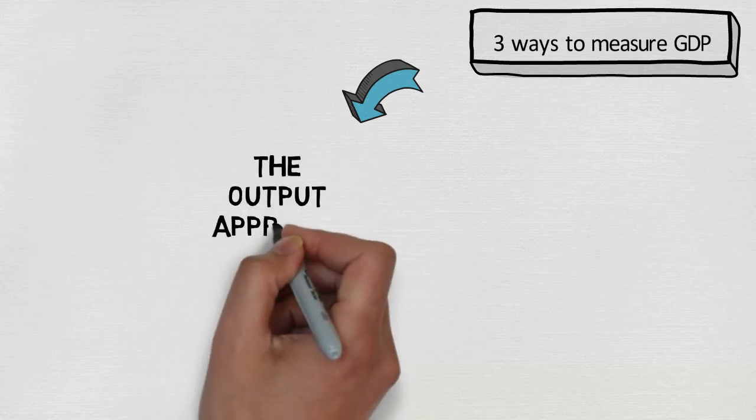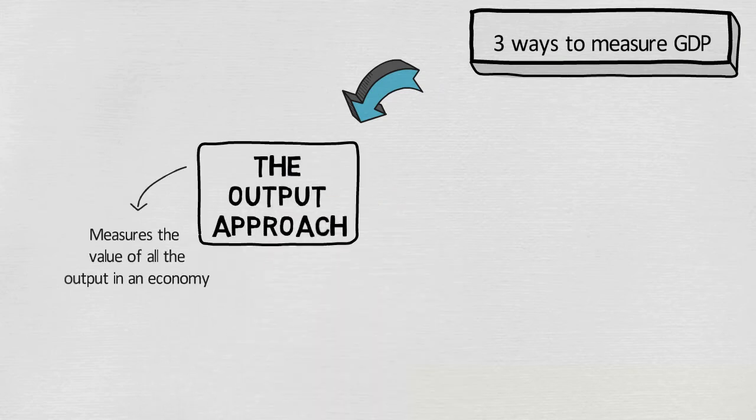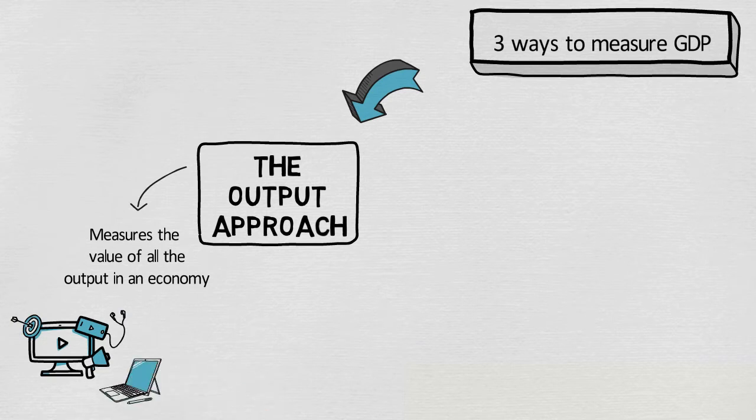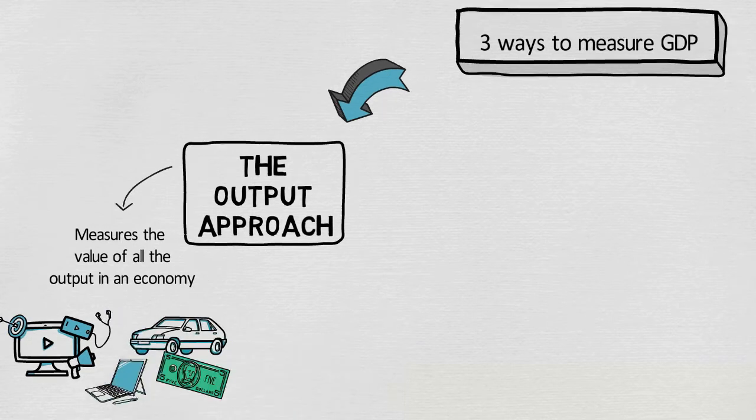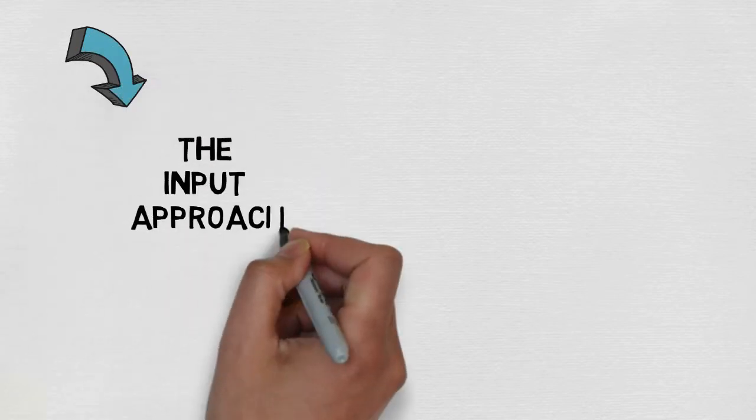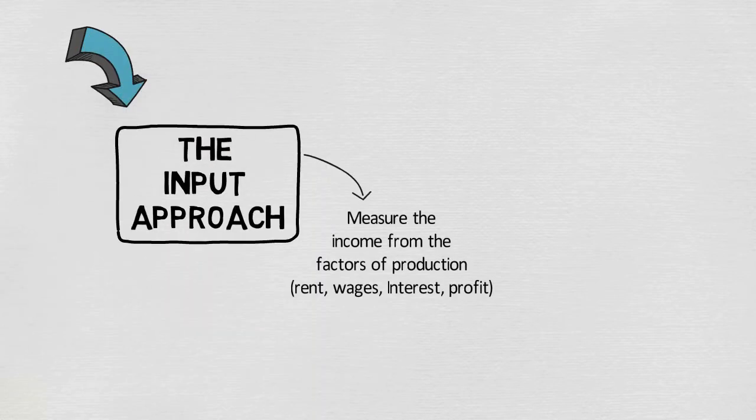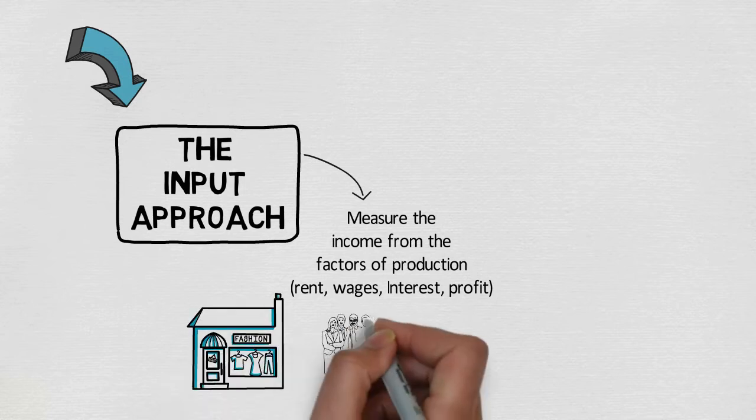So on one side of it is the output approach. And the output approach is basically measuring the value of all the output we have in the economy. Kind of exactly what you might think. And then on the other side of that, there's the input approach. And the input approach is measuring all the income from the factors of production, the land, labor, the capital, things